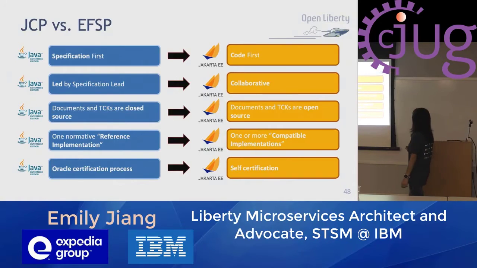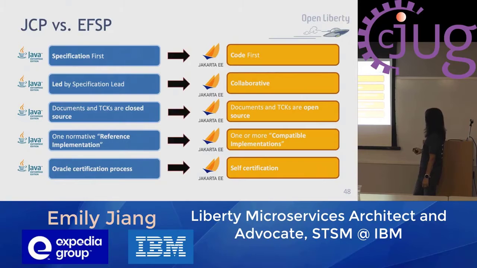Actually, I was in the CDI expert group. So basically, if we have some dispute, normally the spec committee will make a decision. In Jakarta EE, everyone has an equal voice, and we work together collaboratively. Also, the documentation and TCK are closed source under the JCP. You are not allowed to see the TCK. TCK means test compatibility kit. In Jakarta EE, everything is open. In the JCP, you publish a spec, however you have one implementation called the reference implementation. Almost like the golden boy. All the others are kind of less favored.